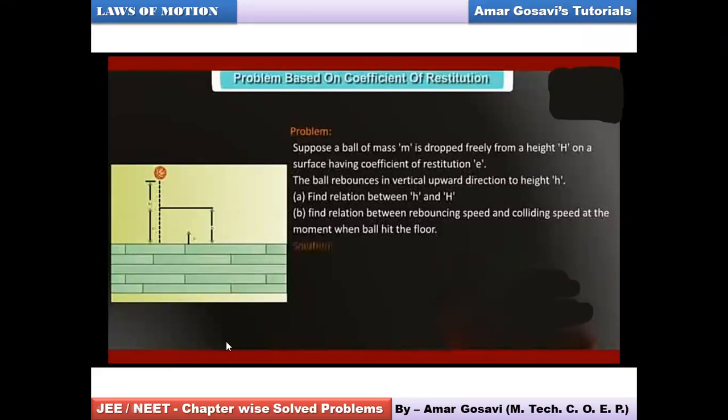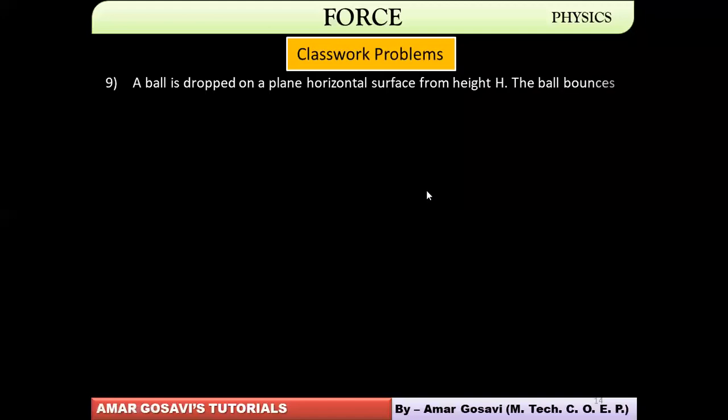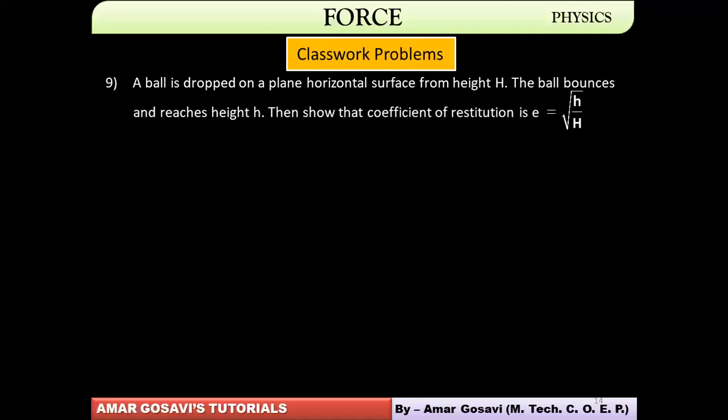Okay, I'll just show you. So we want to use the kinematical equation of motion. All right, just give me a moment where I show you how we work out such kind of questions. Yeah, just a minute. Yeah, the same thing they are talking about. Okay, it's the same problem.